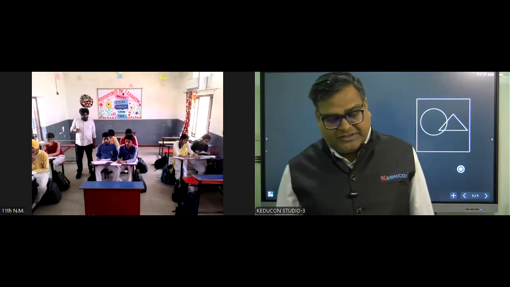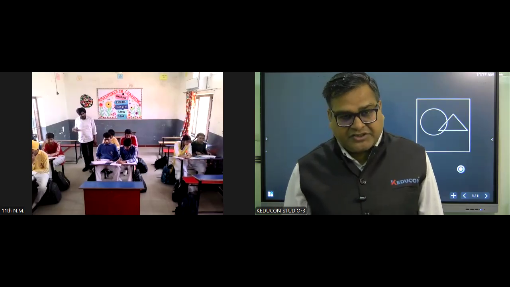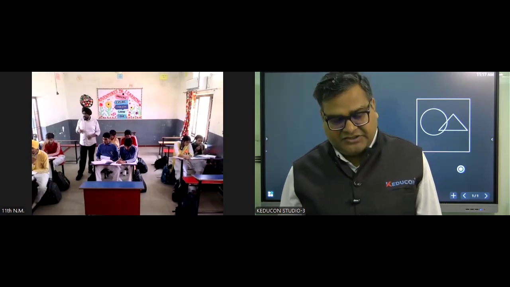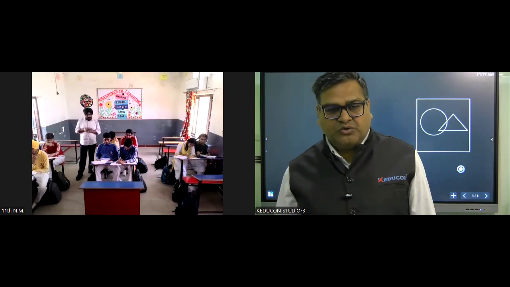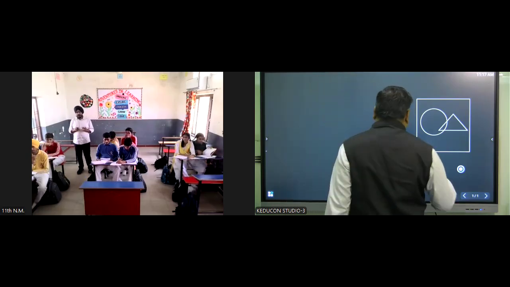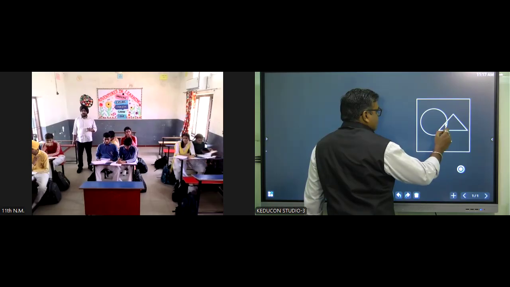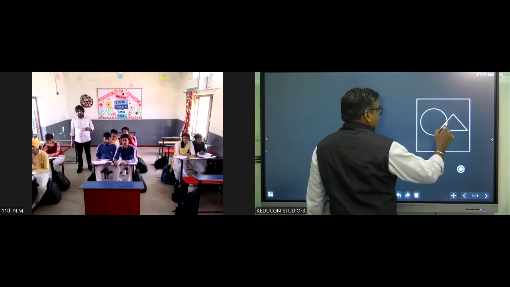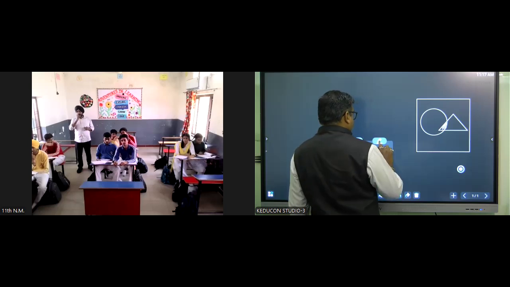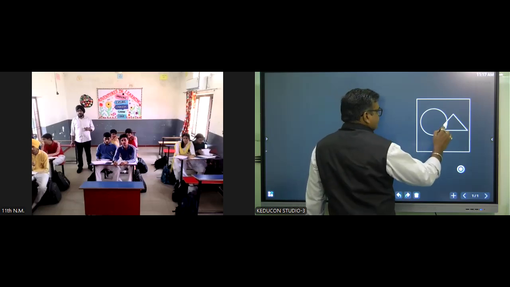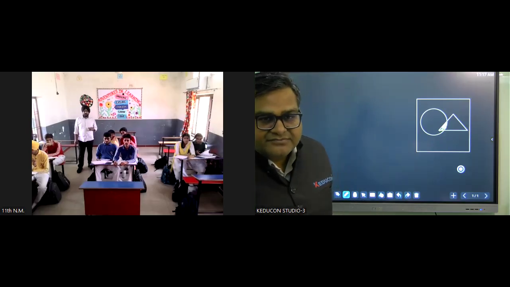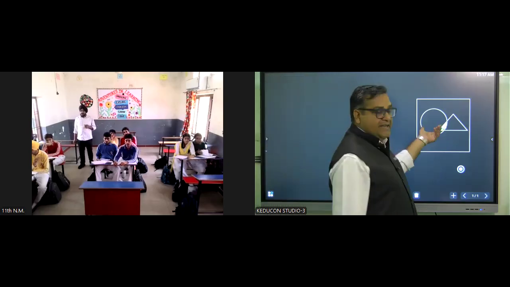Look at the options. Intersection of S, T and C. S intersection T intersection C is equal to 5. Is this true? देखिए तीनों का जो इंटरसेक्शन पार्ट है, this part is the intersection. Can you see this part? Is this 5 or not? बच्चे, 5 तो नहीं है ना, it has some value.